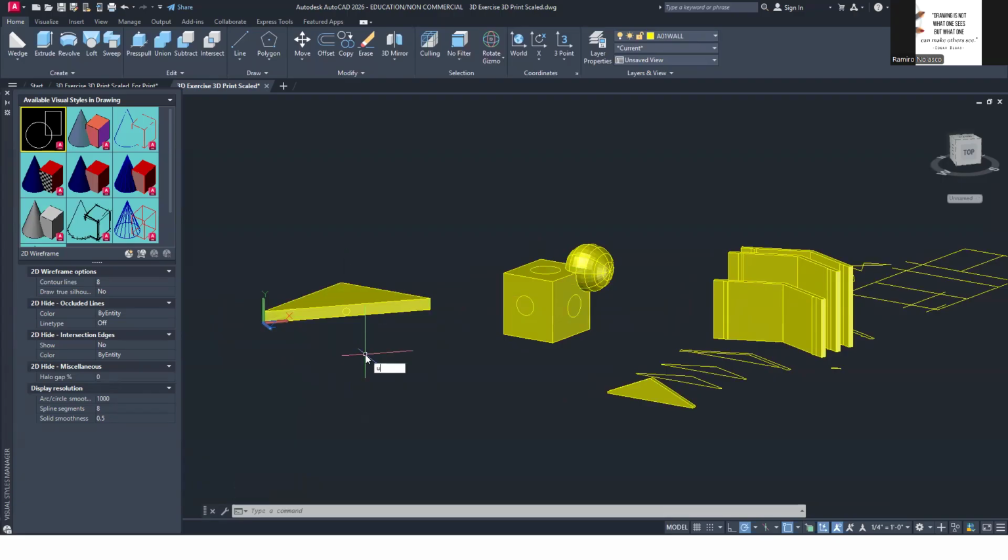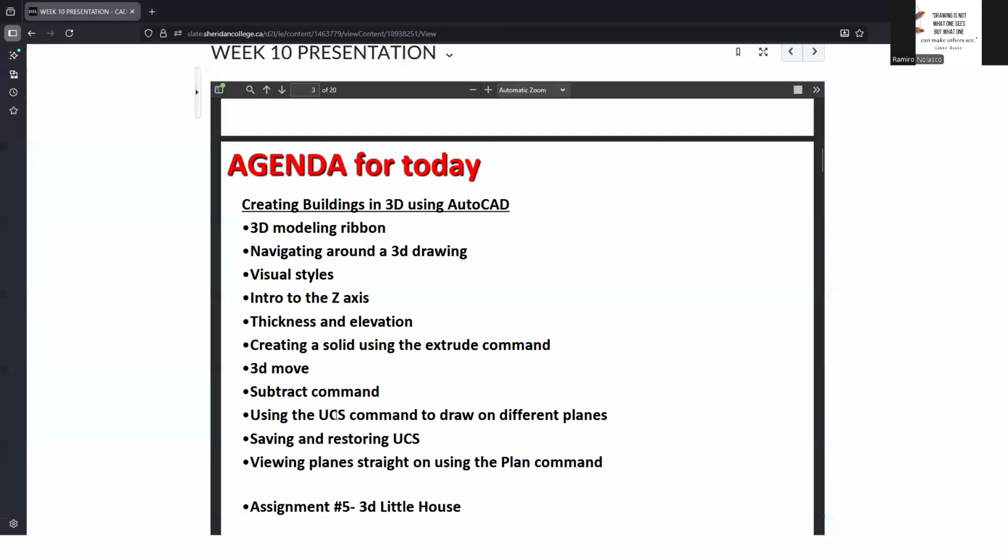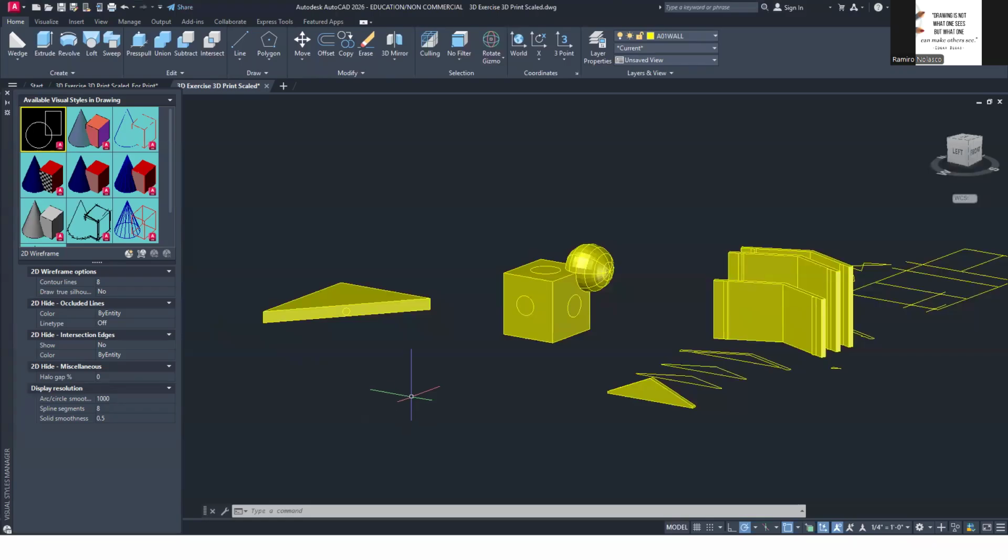Okay. Now, to go back to the world coordinate system, you type UCS and then select the option world or W. Okay. So that's the default initial location and orientation of your UCS. Okay. So that's the UCS command. You can save and restore the UCS.